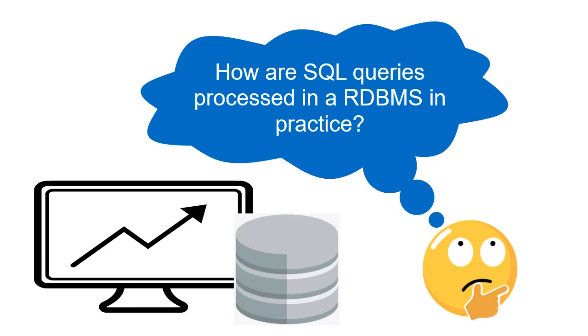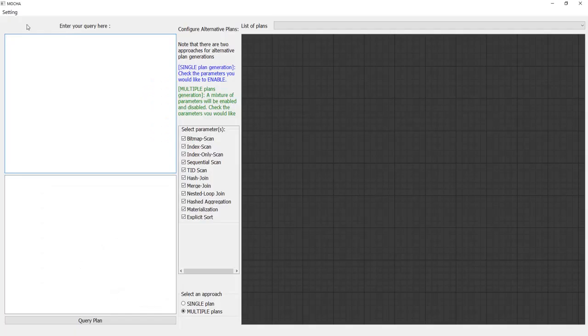Hence, unlike database textbooks, they typically do not expose to end users the impact of alternative choices of various physical operators on the query execution plan, or QEP, in a user-friendly manner to aid learning. The QEP represents an execution strategy selected by a relational query engine for a given SQL query. As we shall see in the demonstration, exploration and visualization of the impact of alternative physical operator choices can aid